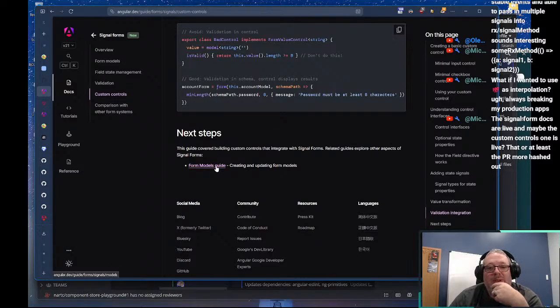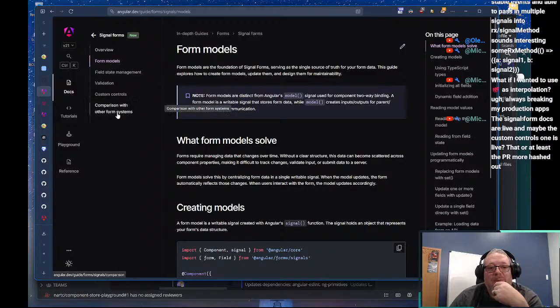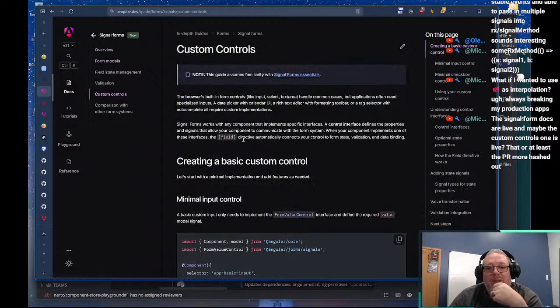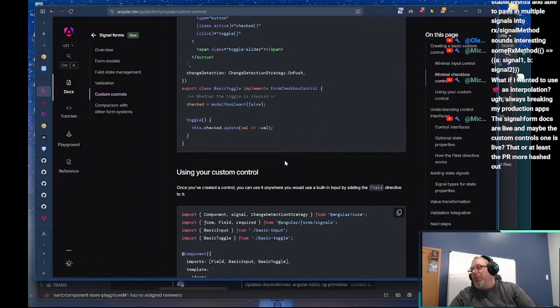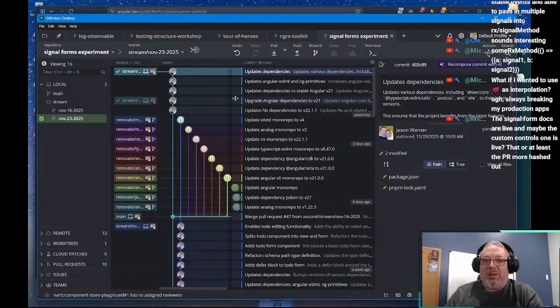Form models guide. I think that's going to take us back. So we don't have something on passing the field directive in, which makes me think it's not supported.